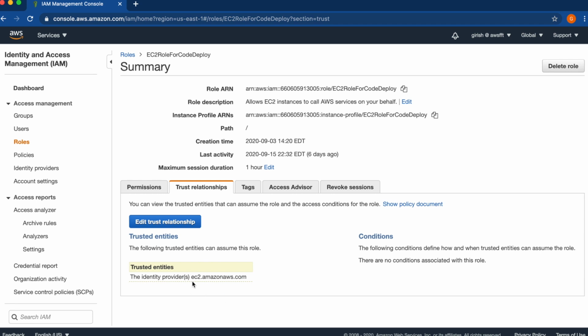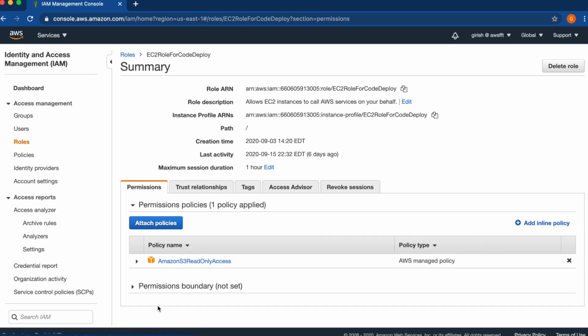So the trusted entity is EC2, so we can assign it to an EC2 instance. The permission this role has is S3 read only access. For now we have given only read only access for S3, and we have given it for all buckets. We can be choosy and give only the bucket we need for CodeDeploy to work, but as we are just testing it out, we'll give S3 read only access just to make it simple. So this is an IAM role.